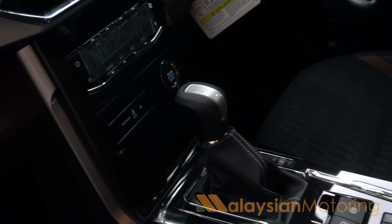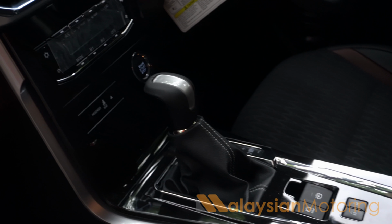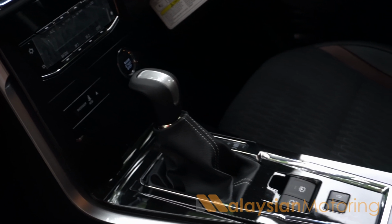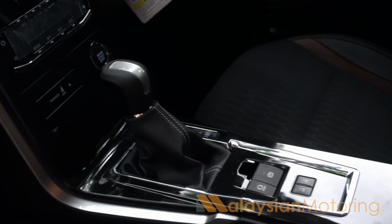There is only one USB port on the passenger side, again in that center console tunnel, and that's it. Anything else, you would need to use the 12-volt socket which is in the center armrest, which I find again a little bit odd. And lastly, again, if I wanted to nitpick, the adaptive cruise control system in this car